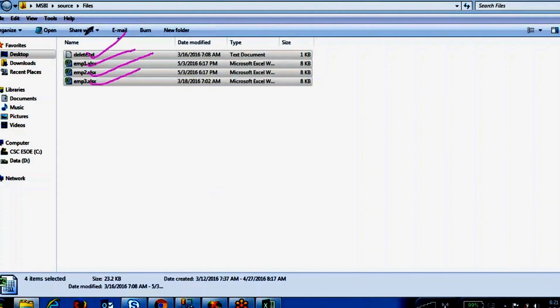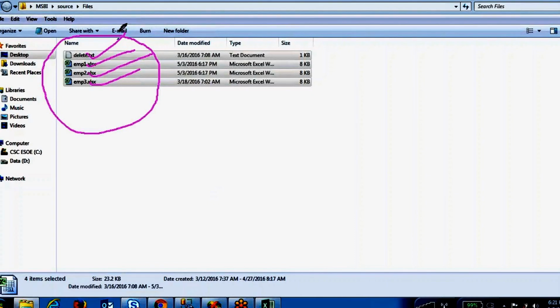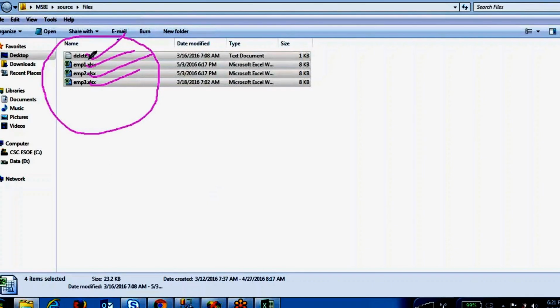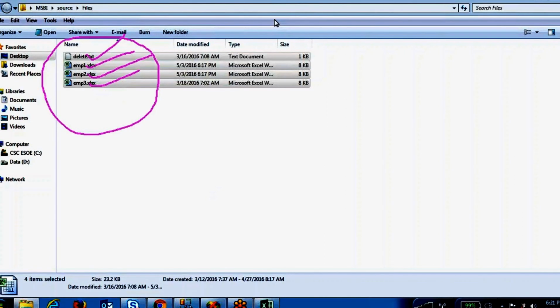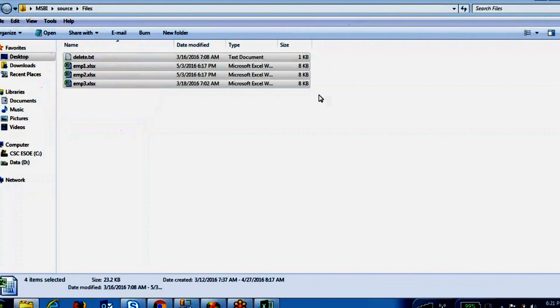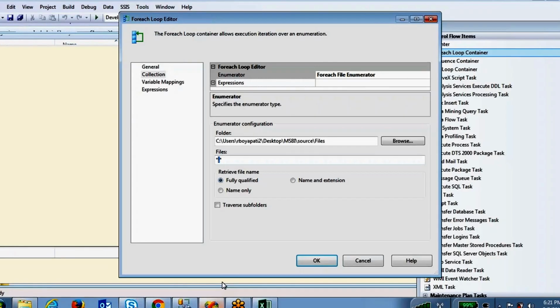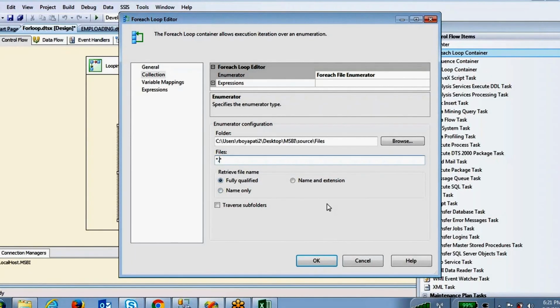It will recognize whatever files have a dot symbol in the name. Every file has these dots because of extensions like .txt and .xlsx. So I want to load only xlsx files, so you have to mention .xlsx.